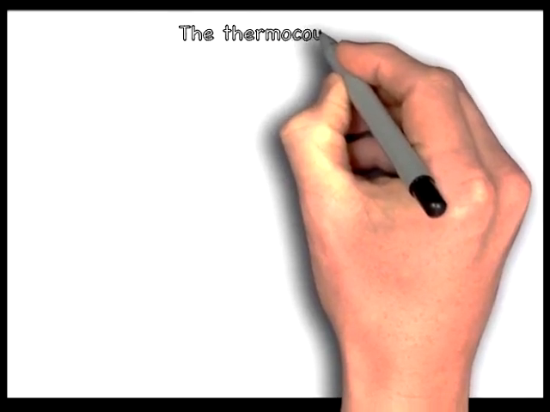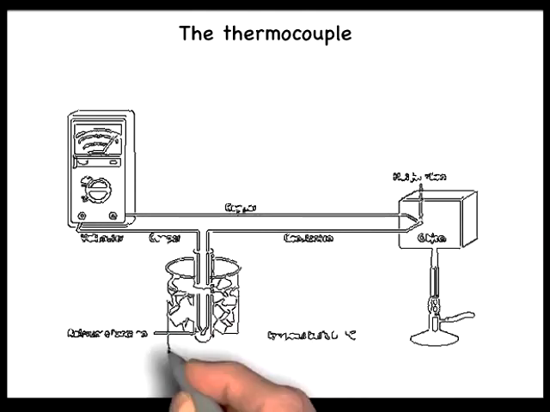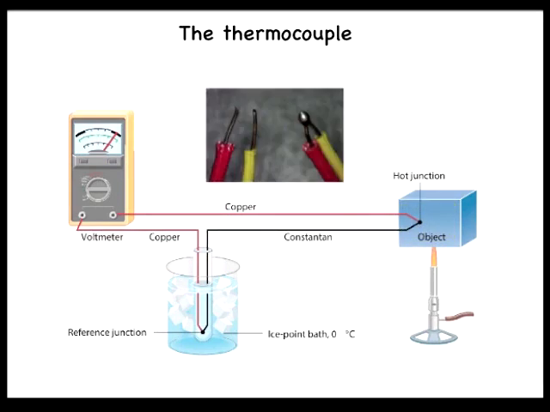The thermocouple is a thermometer used extensively in scientific laboratories. It consists of thin wires of different metals welded together at the ends to form two junctions. Often the metals are copper and constantan, a copper-nickel alloy. One of the junctions, called the hot junction, is placed in thermal contact with the object whose temperature is being measured. The other junction, termed the reference junction, is kept at a known constant temperature, usually in an ice-water mixture